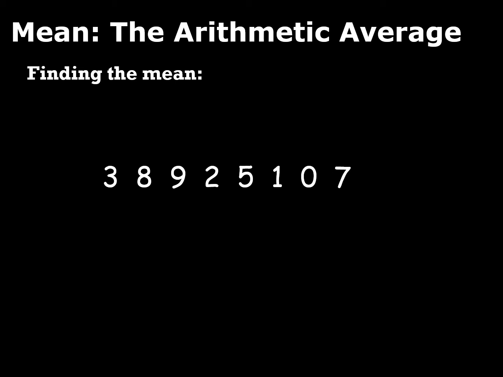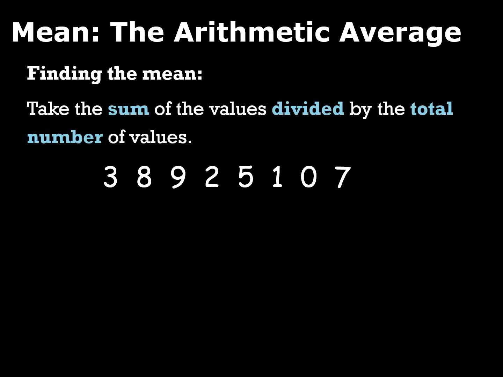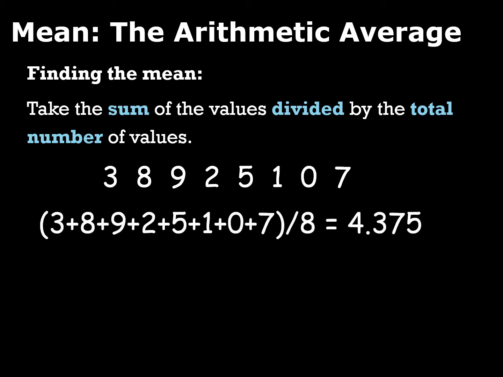So first of all, let's talk about the mean. When you hear someone state that the mean of a data set is some particular number, that always means just the average. Basically, we take all the numbers in the data set, add them up, divide by however many numbers there are, and that gives us the average, which we call the mean. So for this group of numbers here, we would take the sum of all of them, divide by the total number of values. There's 8 values, so we would add all of them up, divide by 8, and we